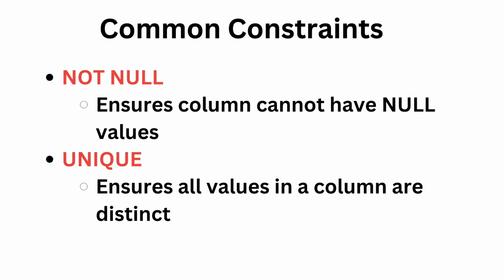So let's talk about some of the most common constraints used. The first one is not null. The not null constraint is pretty self-explanatory. It's essentially telling you that a column cannot have a null value. Essentially, if you're going to enter data into this row that includes this column, it has to actually include a